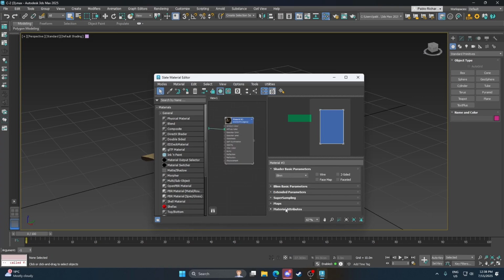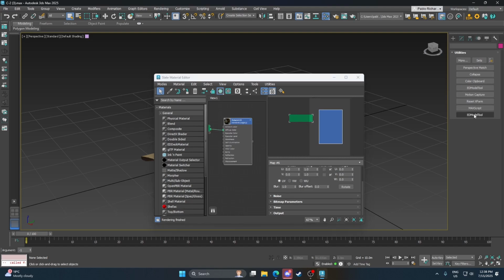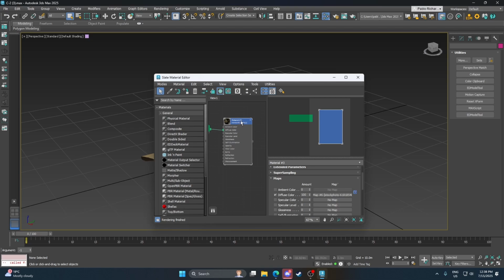And then you select it, go to maps, turn all of them to 0 except for diffuse color, and then here you have to click that and then select bitmaps. The pop-up will show up, you can scroll, or you can just search, probably easiest to just search bitmap and it'll be there, and then select your bitmap image. I'm pretty sure you can also use .tds. And then once you go here, make sure you have your material selected, edit model tool, make cool,